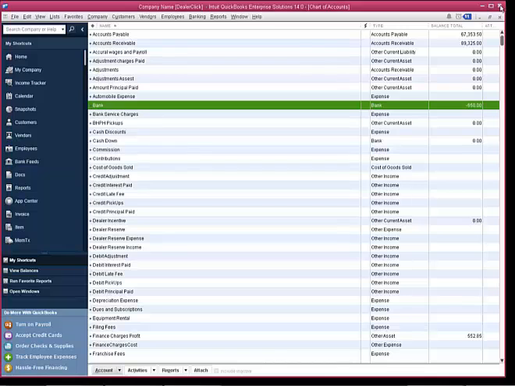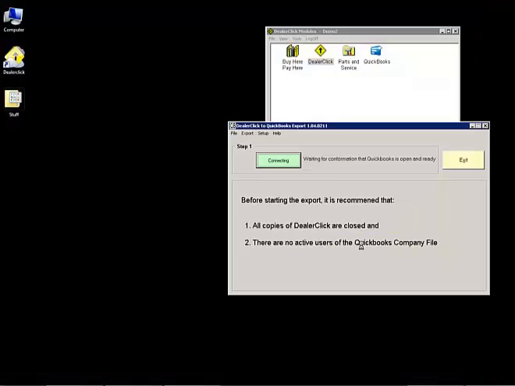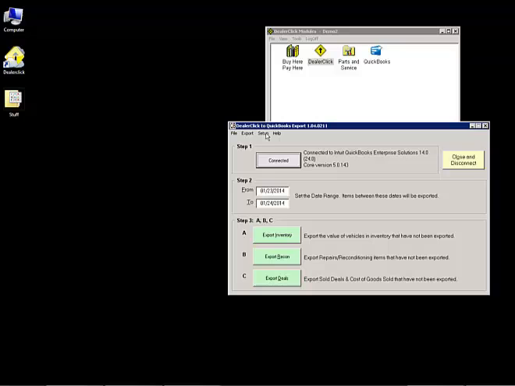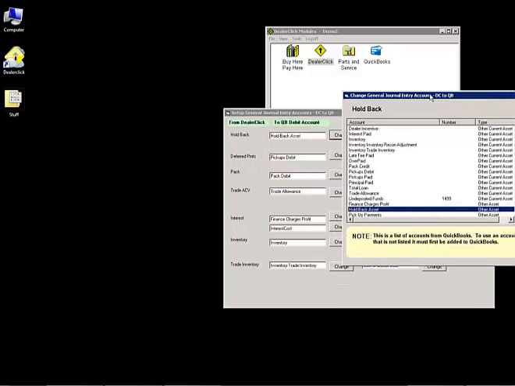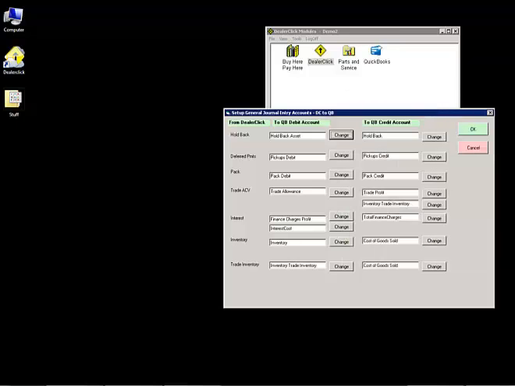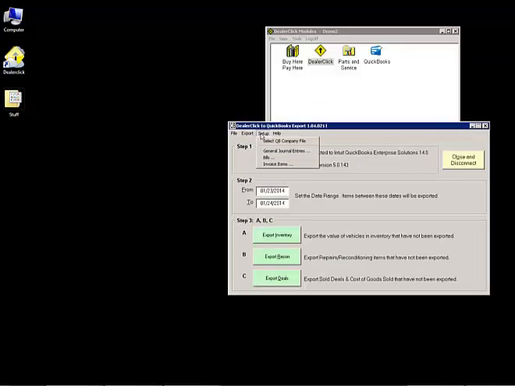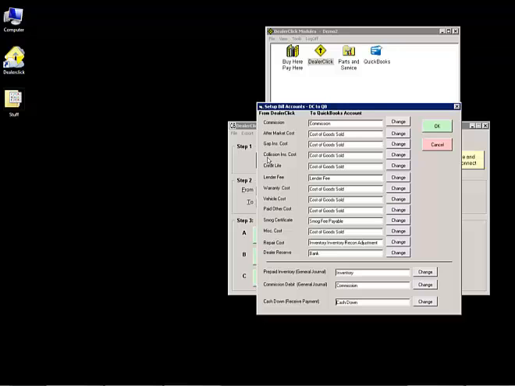But in case you're wondering, the way that happens is we go into the setup and map each of these fields to the account where you want to send it to. So in this case, holdback is mapped to holdback asset, which is an other asset account. We have to go through each and every one of these and make sure they're all mapped correctly. It takes maybe an hour or so, but after that you will have your own chart of accounts and DealerClick will be completely conformed to it,